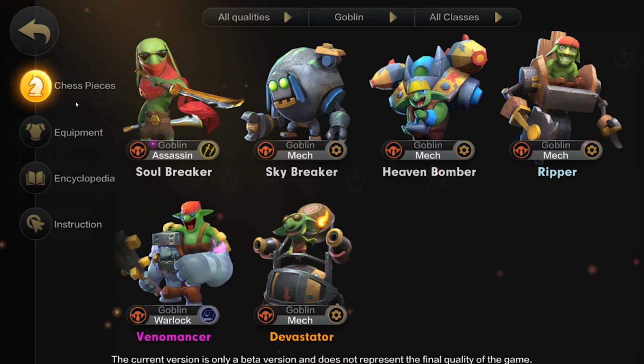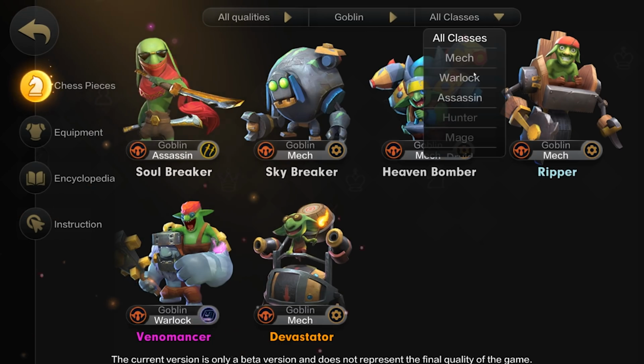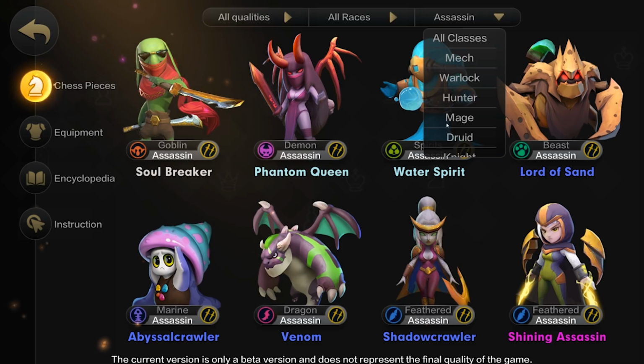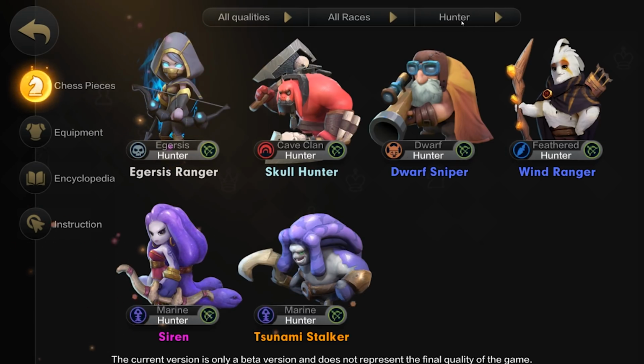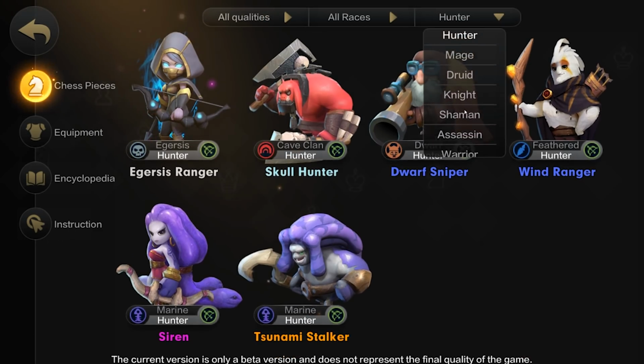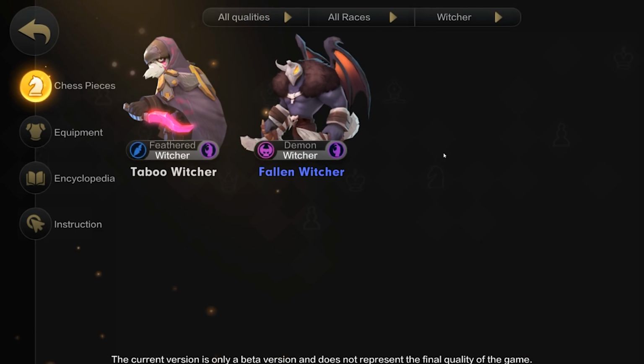It works exactly the same as normal Dota 2 auto chess, but I will go through how that works in game for you guys that are new. But this is a really good way to just have a look through exactly what all of these classes do. Now, not everything is sort of the same class. You've got hunters, obviously, like you have in the actual Dota 2 auto chess. I can have a look. Knight, Shaman, Witcher, which I'm assuming is kind of like the anti-mages. So Witcher is essentially demon hunters, because they're not called the same thing, but yeah, they're called demon hunters in